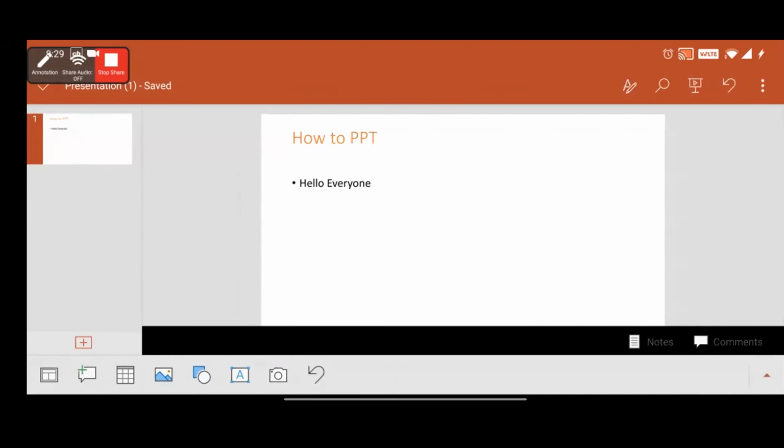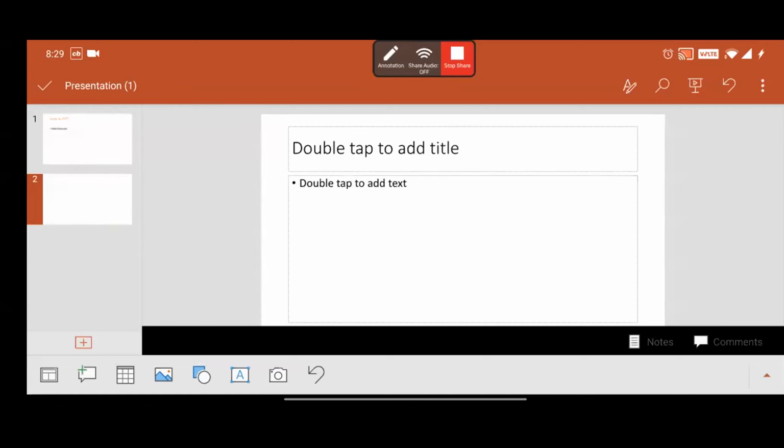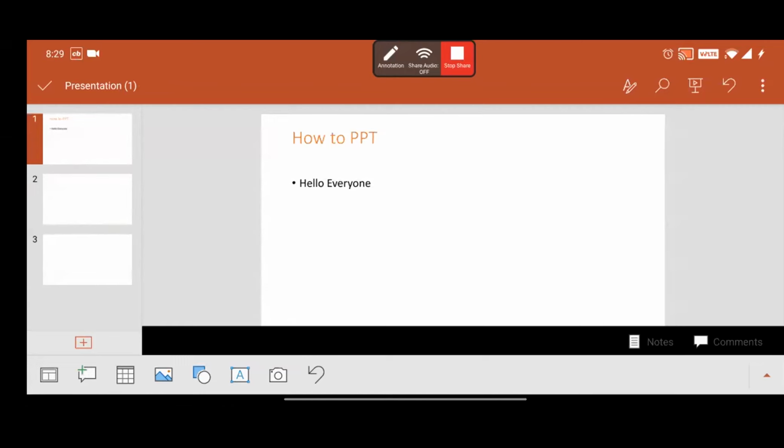Can you see another option? Look carefully, beta. There is one option. Yes, very good. This plus option adds a new slide. Understood?